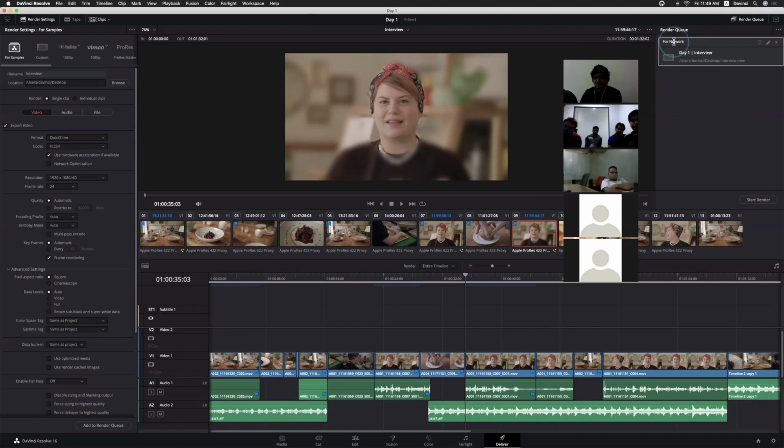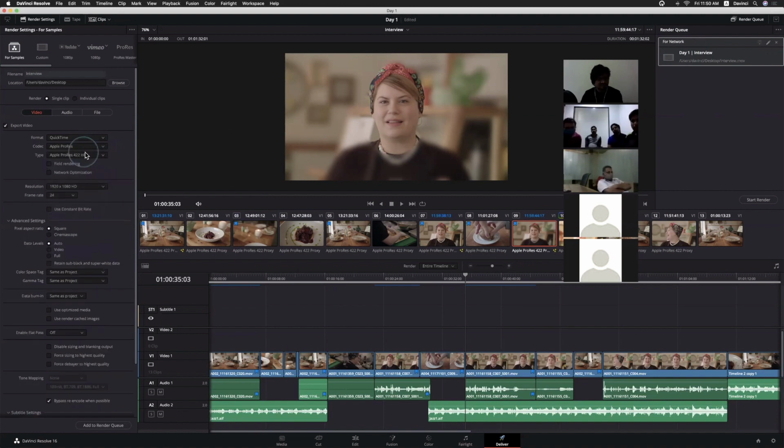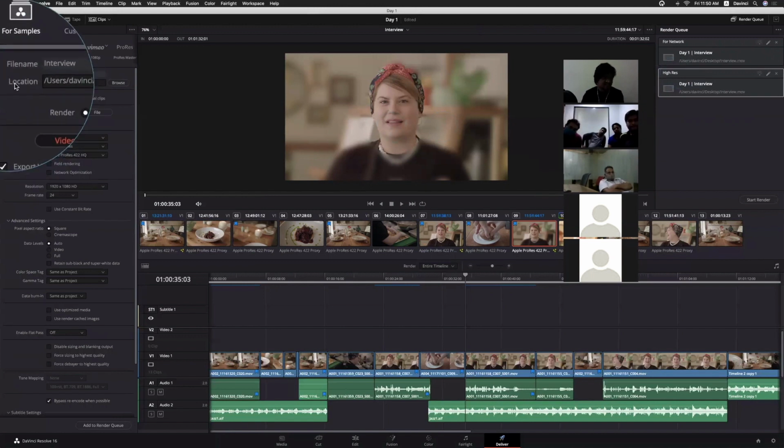I want to create one more render setting. Let's say I'm making it as ProRes high quality. Add render to queue. Now we have added 2 jobs, right? So just double click. I'm naming it as high quality, or maybe let's say high res file, right? And before adding it to the job render queue, you can always change this destination.